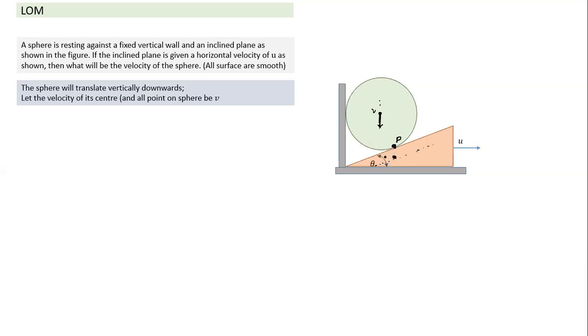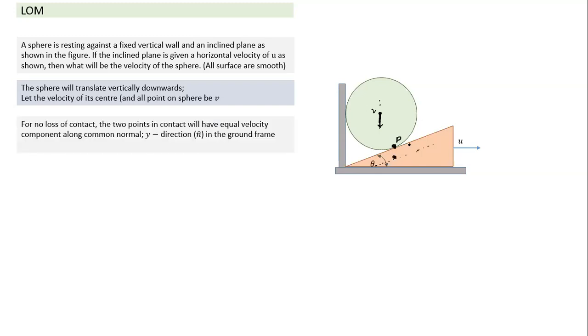So this question is nothing but this particle P on the sphere, which is in contact with the inclined plane, is moving along the inclined plane. And this is the condition what we have discussed just now. So if it is slipping, what is the condition we talked about? Whenever a surface is involved, which axes do we take? We take normal direction and tangential direction.